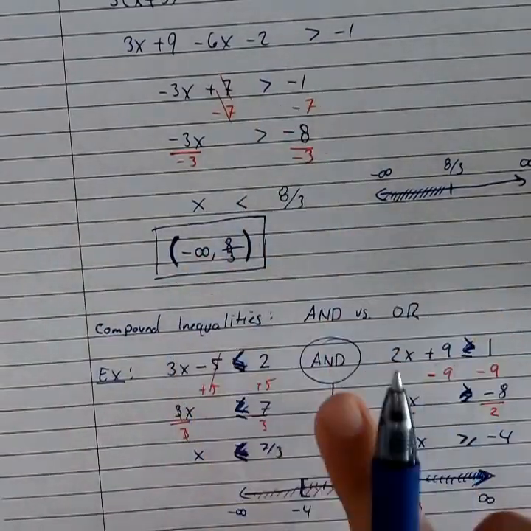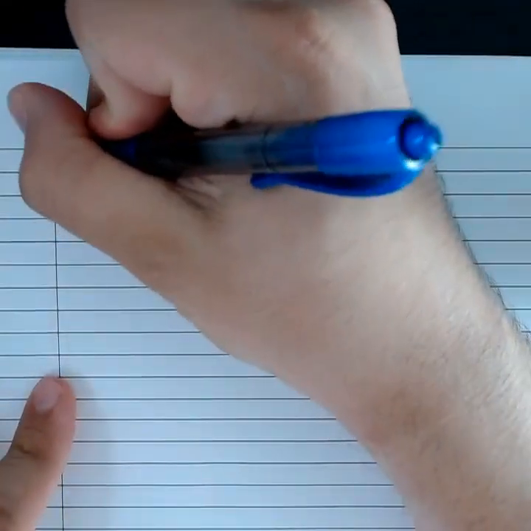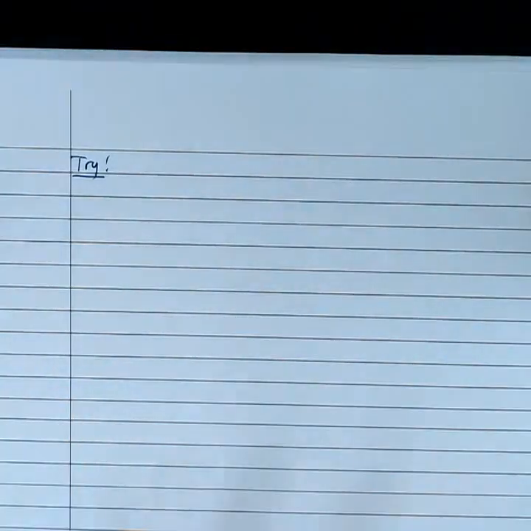Try one. Same kind. We're going to do an example of and. All right, so give this a try. Go ahead and solve the compound inequality. Remember, you're going to solve each one on its own, and then in the end, you're going to see where the overlap is. So go ahead and try